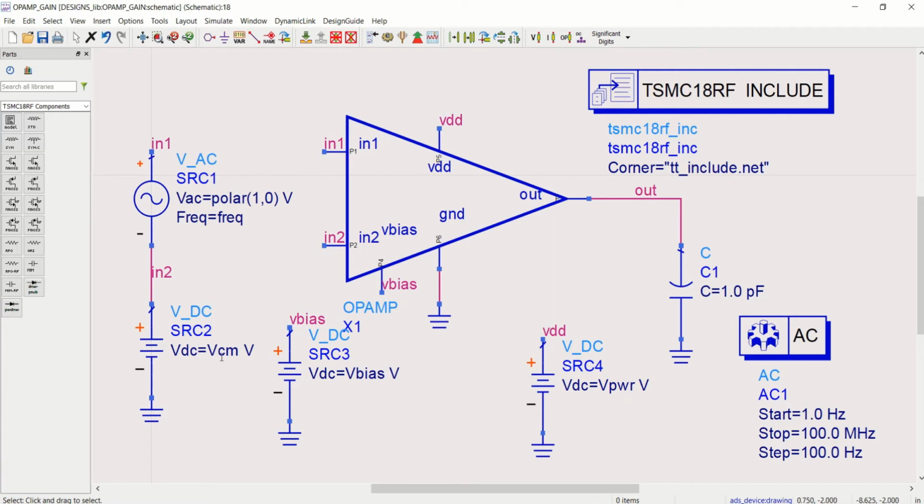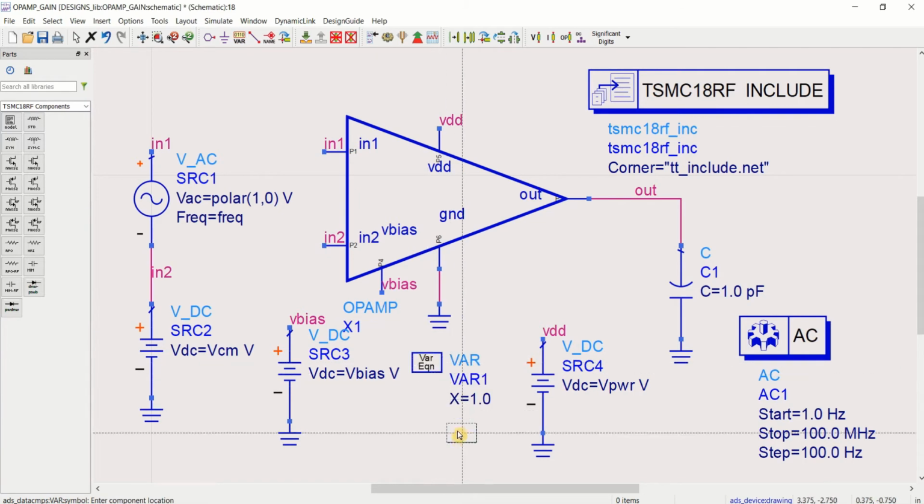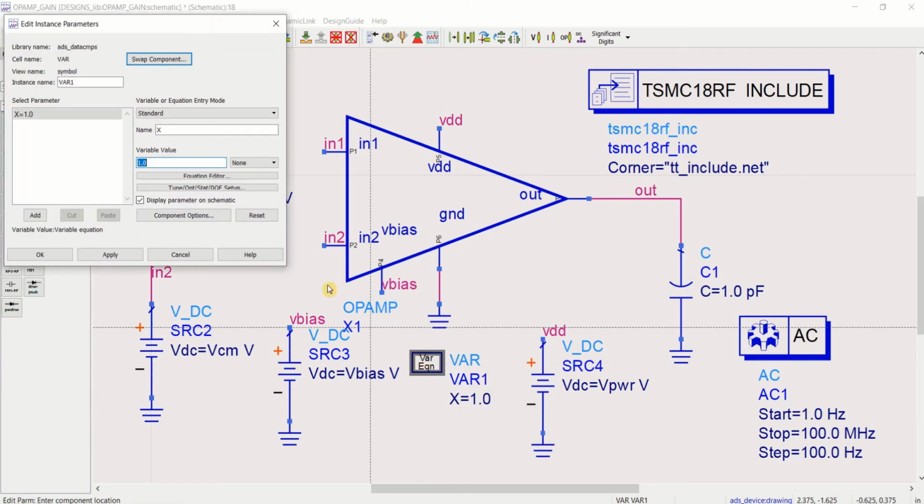Before that, we need to define the variables VCM, VBIAS and VPower. To add the variable, click on insert variable, place here, double click on it. First variable is VPower, supply potential of 1.8. You can apply.